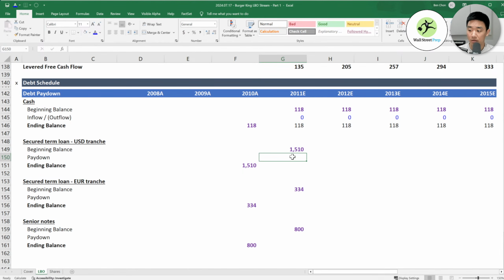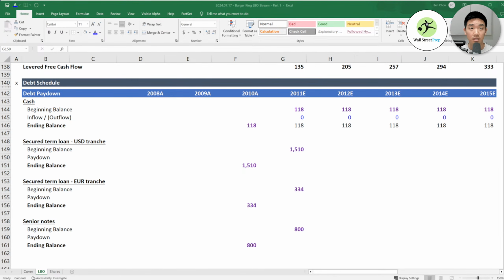But you still want to build the model to be pretty dynamic, so that if you have a lot of cash, it can be used for all of these different tranches. And later on, we're going to build out something called a cash sweep. Basically, this model will be able to choose, okay, I want to pay 50% of this debt tranche and then 50% of this one with my cash, etc. But in this scenario, we're just going to start paying off this first one.